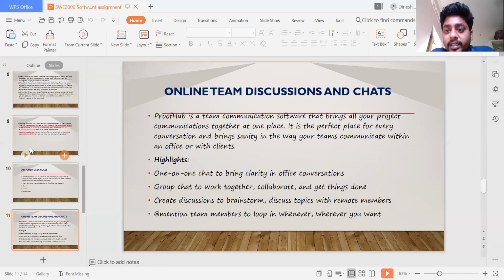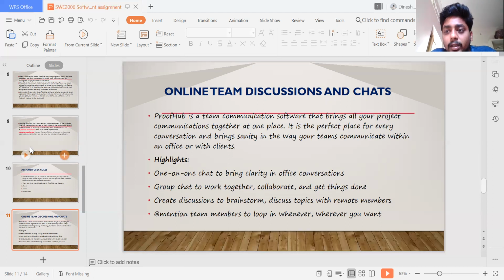Now, online team discussion and chats. Like I said, ProofHub provides chat and team discussions, everything in ProofHub only. It is software that brings all project communication together in one place. It's a perfect place for everyone's conversation and brings sanity to the way your team communicates within an office or with clients.